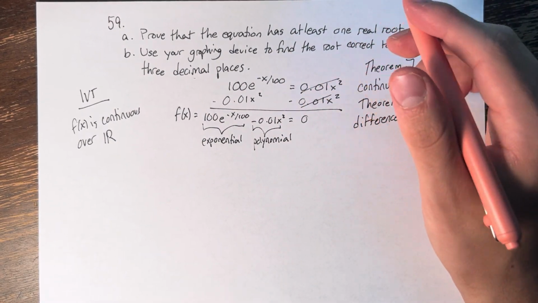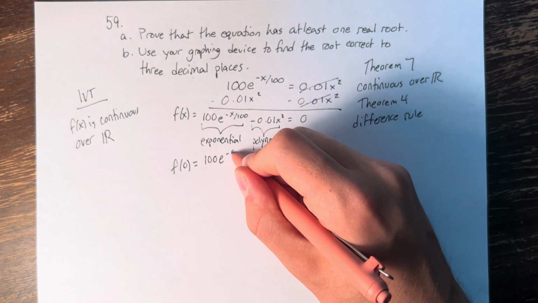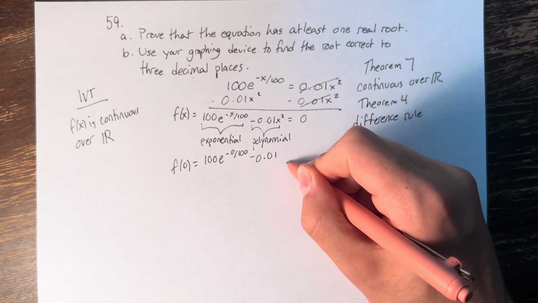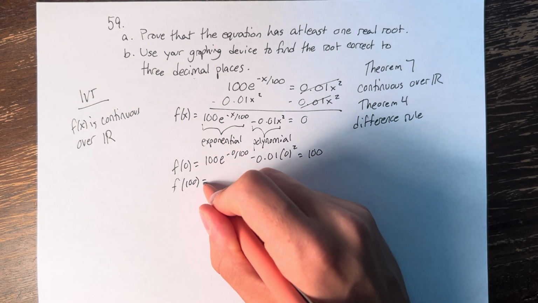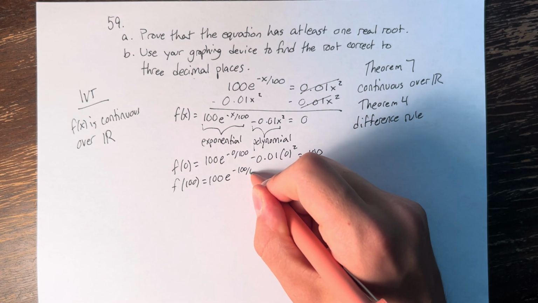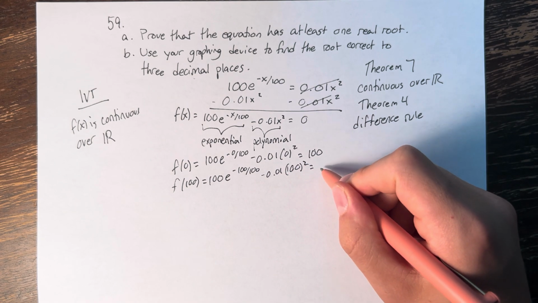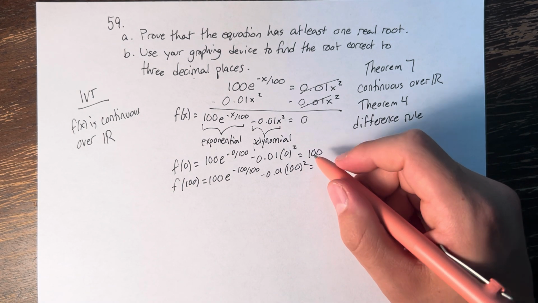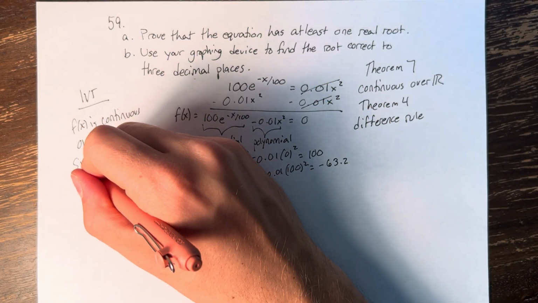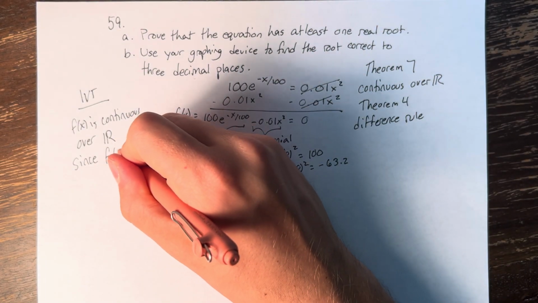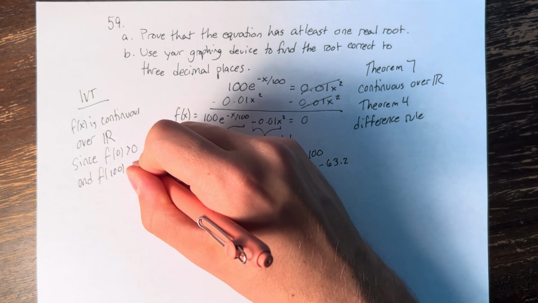And what we can say is, if we take f of 0, that's 100e to the negative 0 over 100 minus 0.01 times 0 squared. That's equal to 100. And f of 100 is equal to 100e to the negative 100 over 100 minus 0.01 times 100 squared. That is equal to negative 63.2, approximately. So by the intermediate value theorem, since f is continuous, and f of 0 is greater than 0, and f of 100 is less than 0,